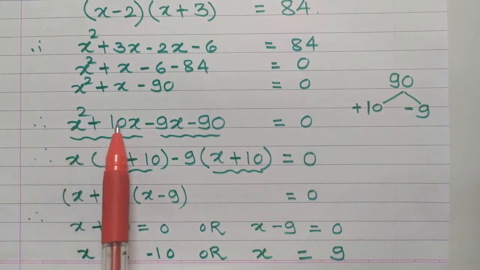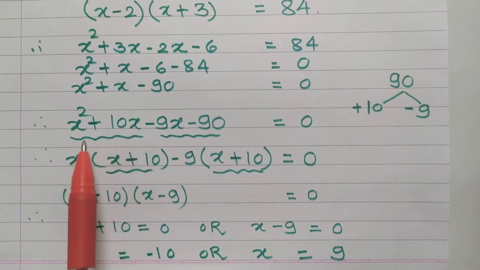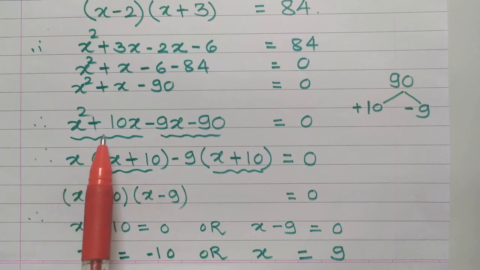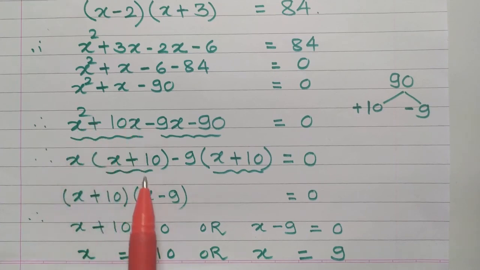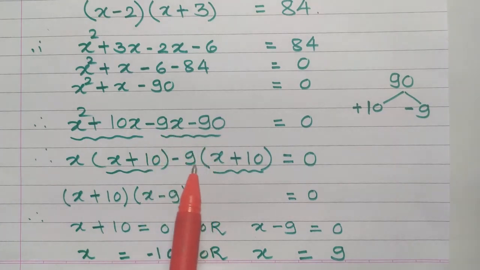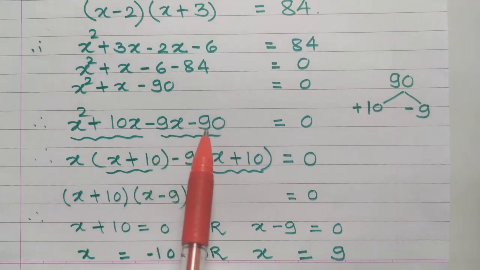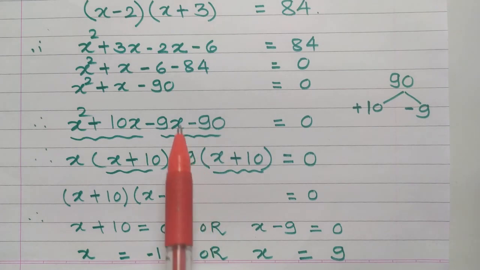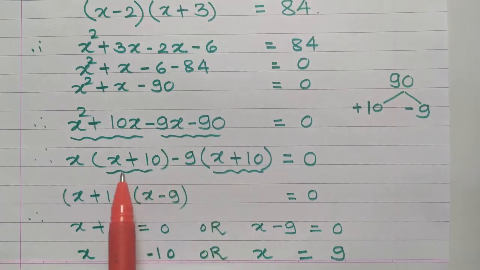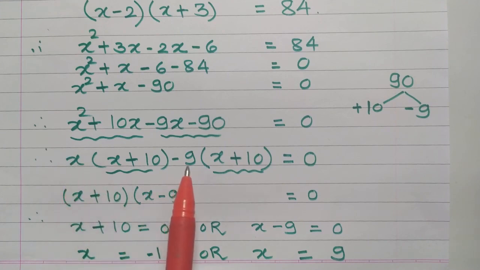What is common in the first two terms? Common in the first two, it is x. So I have taken x common, so it will be x plus 10. Similarly, in the next two consecutive terms, we have minus 9 as common. Taking minus 9 common, once again you have the same bracket x plus 10. So taking this bracket itself as common, we have x plus 10 and another bracket will be x minus 9